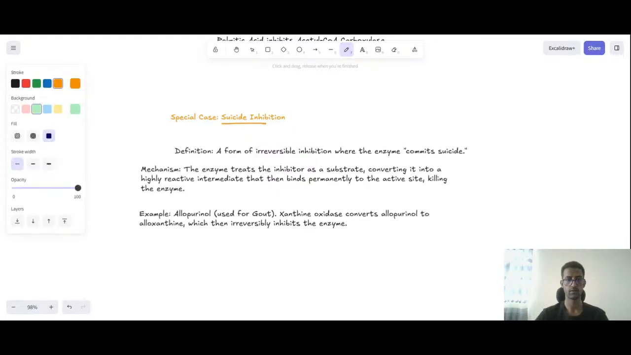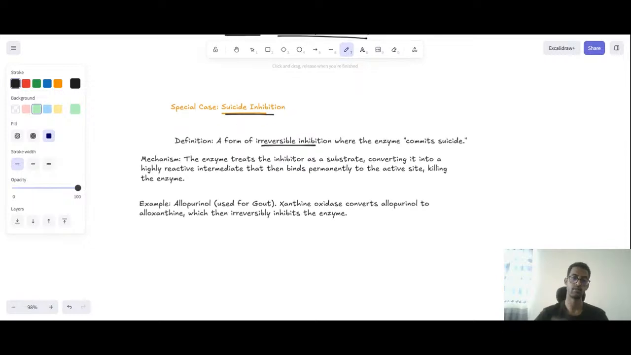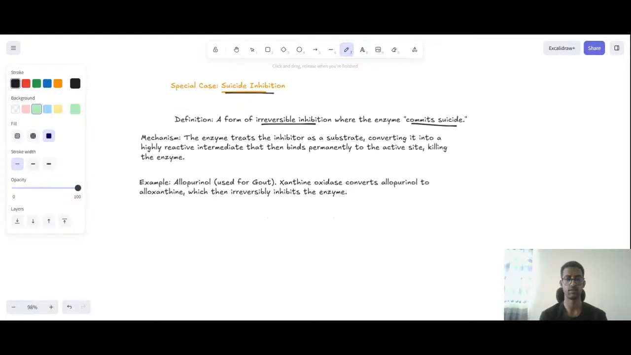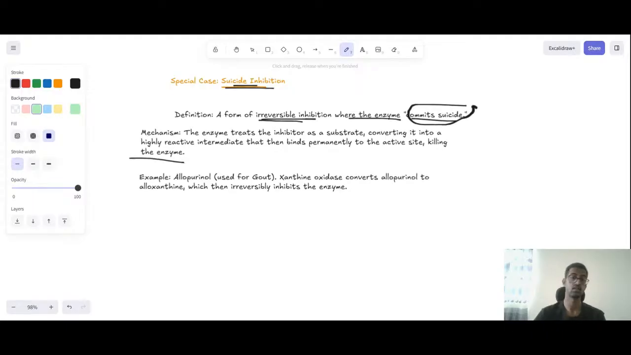Okay, suicidal inhibition. Definition: a form of irreversible inhibition where enzymes commit suicide. So mechanism: the enzyme treats the inhibitor as a substrate, converting it into a highly reactive intermediate that then binds permanently to the active site, killing the enzyme. So suicide inhibition is a form of irreversible inhibition where the enzyme commits suicide. Suicide ማለት ራስን ማጥፋት ነው። So the enzyme ራሱን ያጠፋል ነው። So the enzyme treats the inhibitor as the substrate,